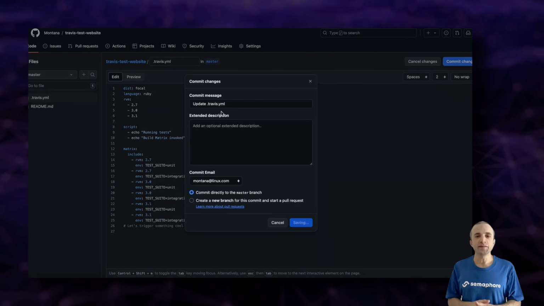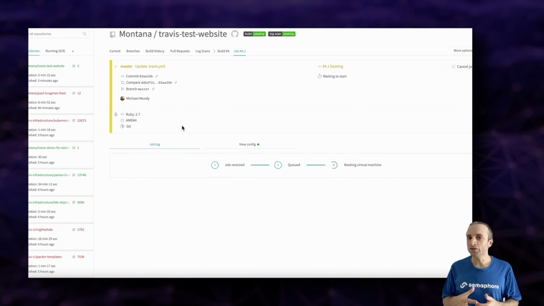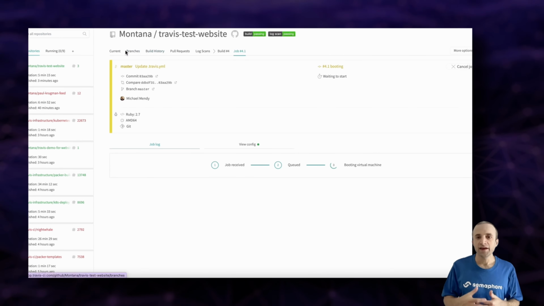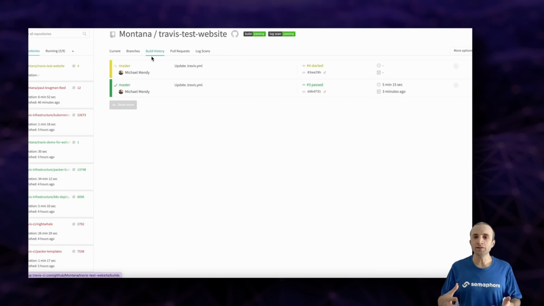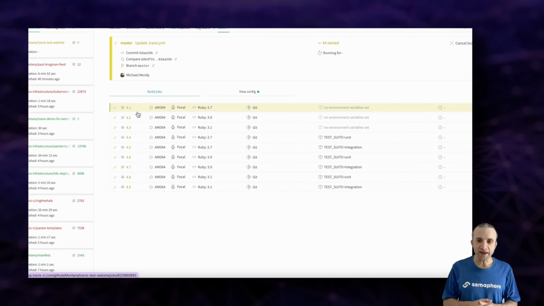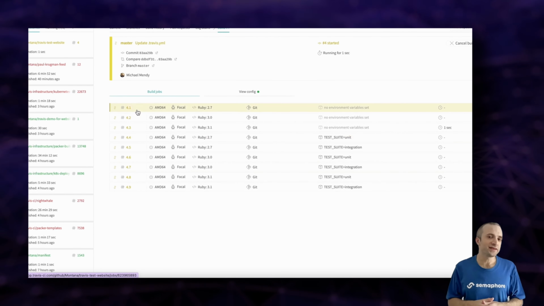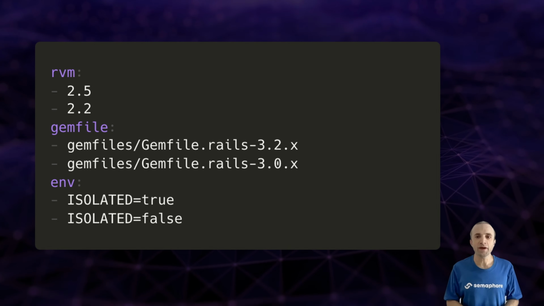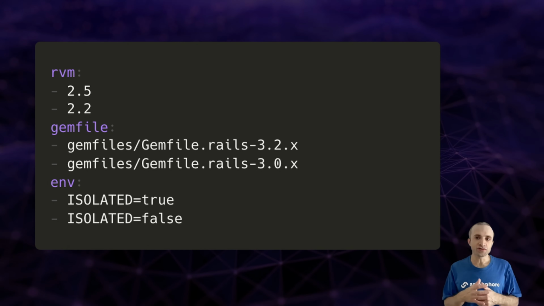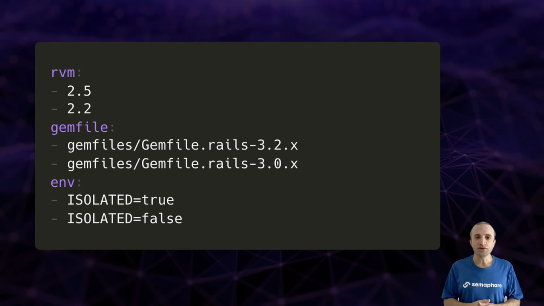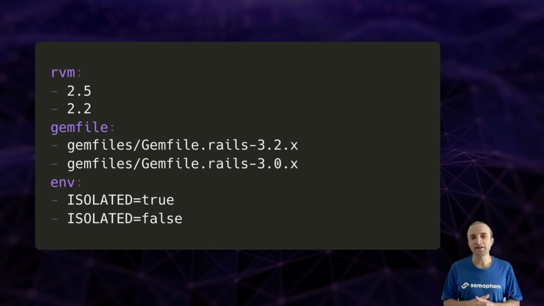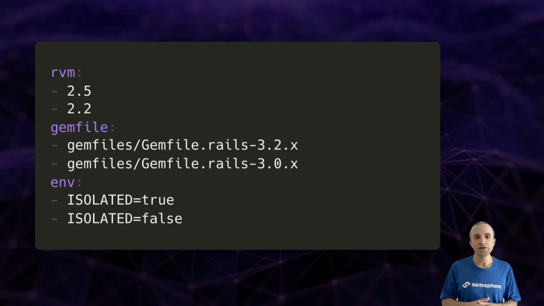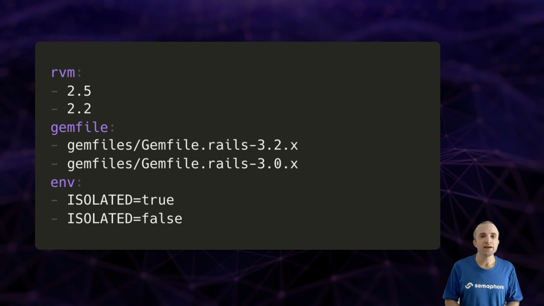Travis CI has built-in build matrices. This is a good feature in Travis. It's very flexible. A build matrix lets you define multiple keys in your travis.yaml file, and Travis will automatically expand each combination into a separate job. In this example, we have 8 jobs, so these are 2 by 2 by 2. This includes environment variables. This matrix lets you build and test your software using different gem lock files, language versions,